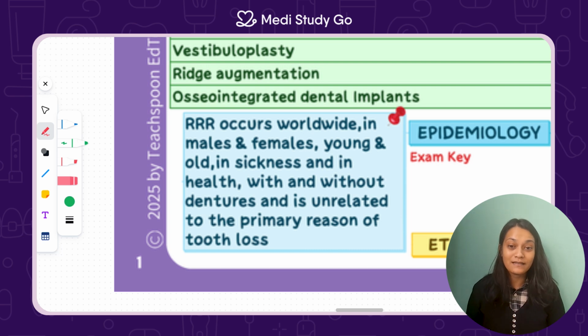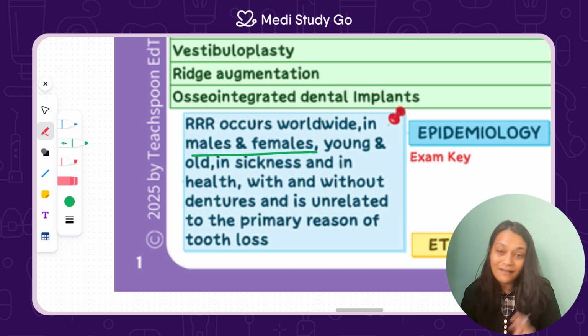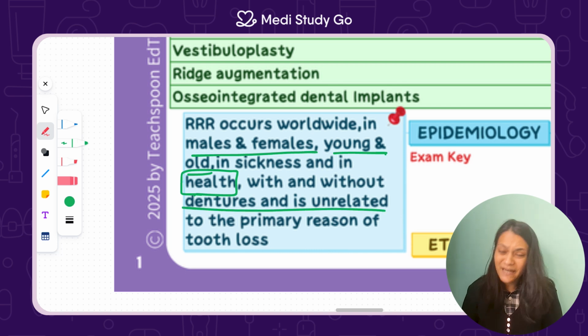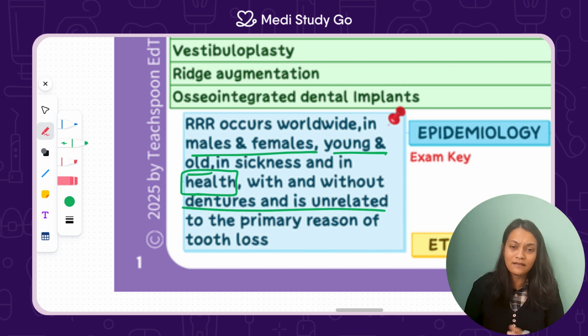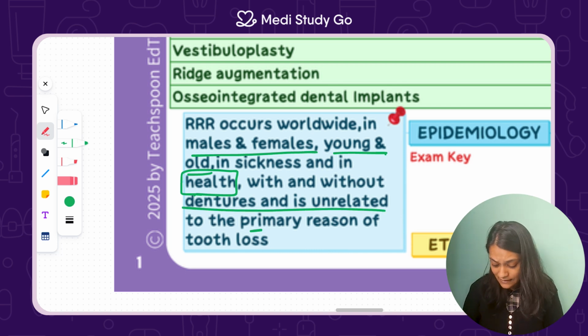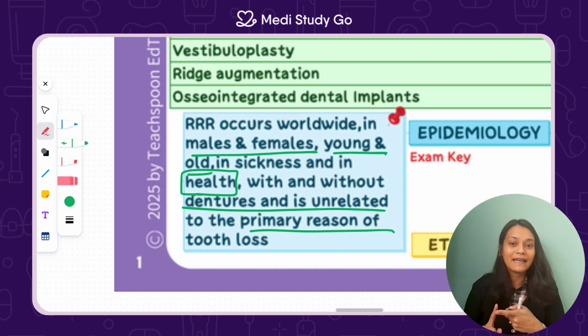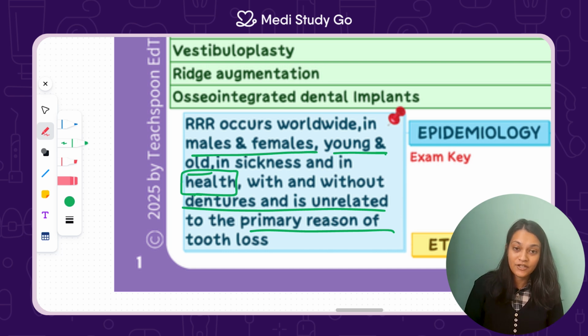Now I hope you understand the 4 things that we discussed earlier. As we talked, gender is not going to affect, neither is the age, nor is the health condition. If the patient is wearing the denture or not wearing the denture will also not affect. At the same time, the reason of loss. It can be due to caries, road traffic accident, trauma, or periodontal factors. N number of factors or any one factor involved will not affect the ridge resorption.